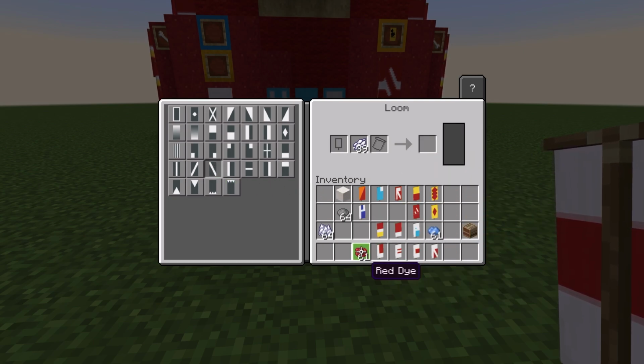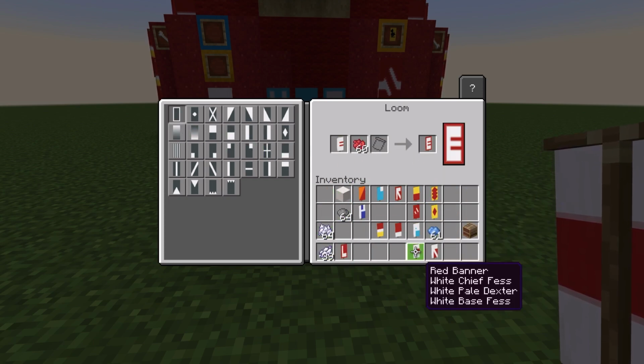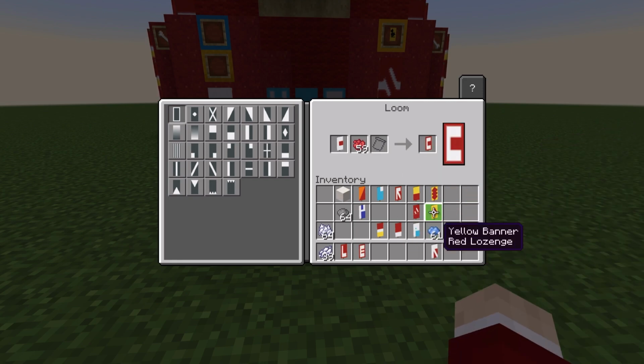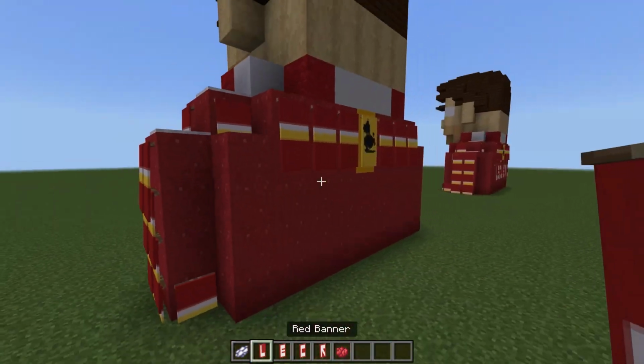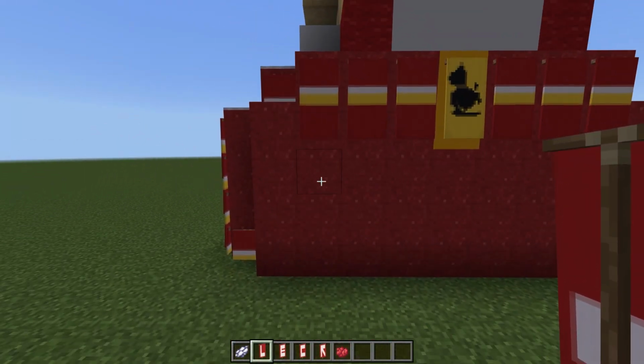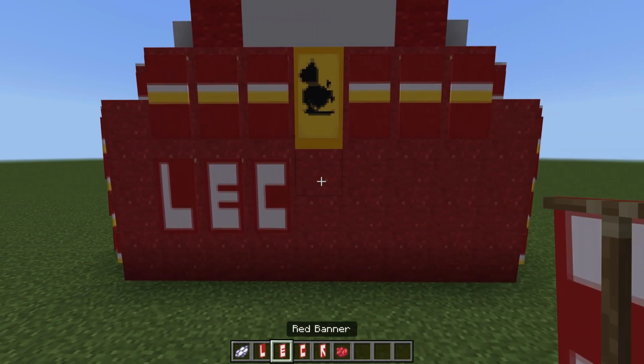And now all we need to do is swap out our white dye for red, and start to border these, with the border. So we can go ahead and write Leclerc on the back of his suit here. So we'll take L, E, C,